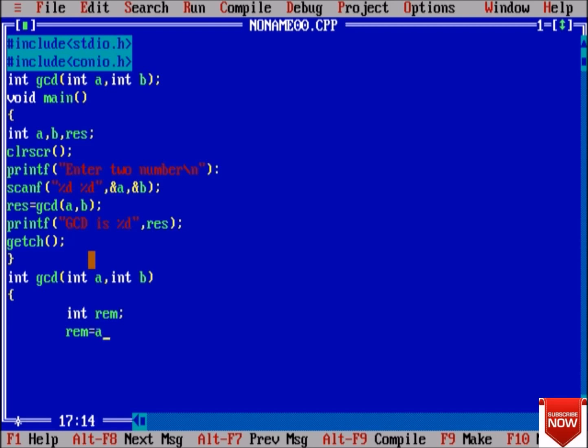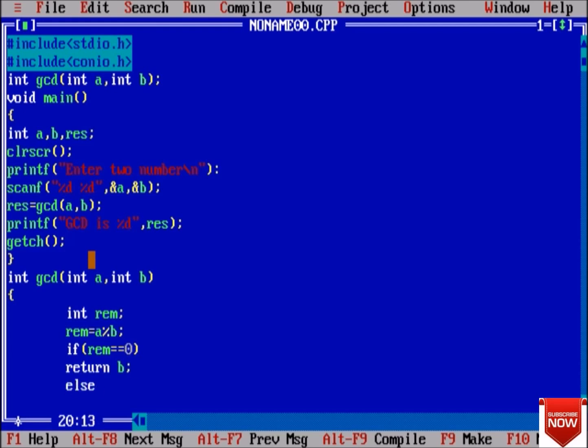Remainder is equal to a modulus b, and if remainder is equal to 0, then we have to return what value? B. So return b.